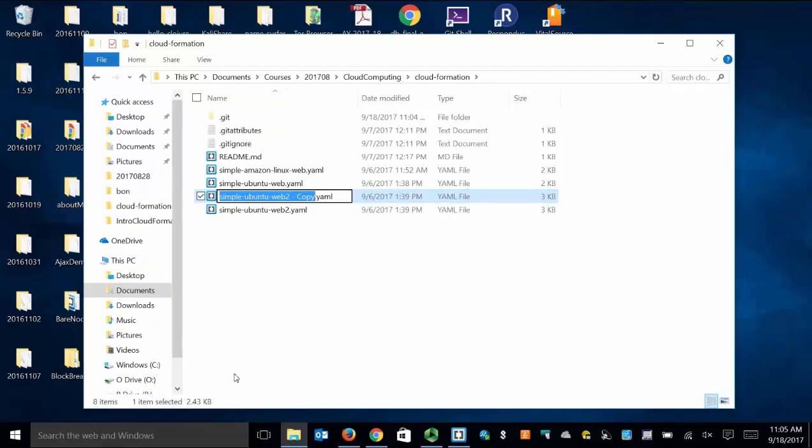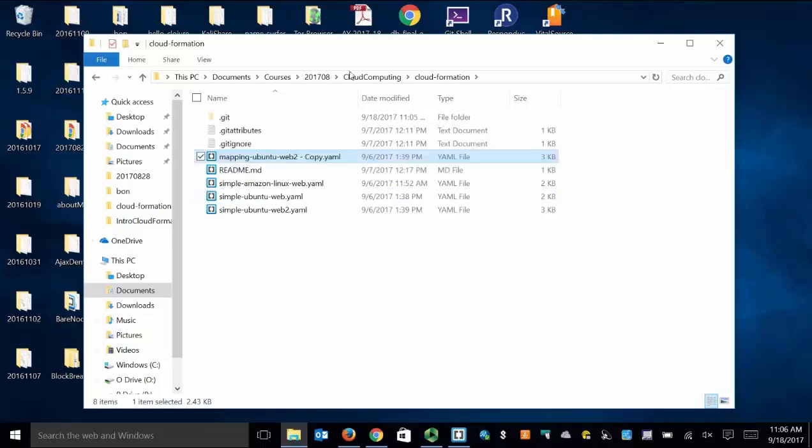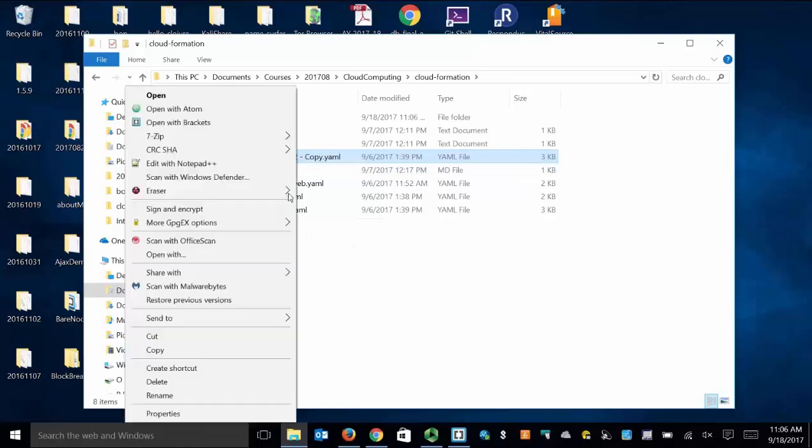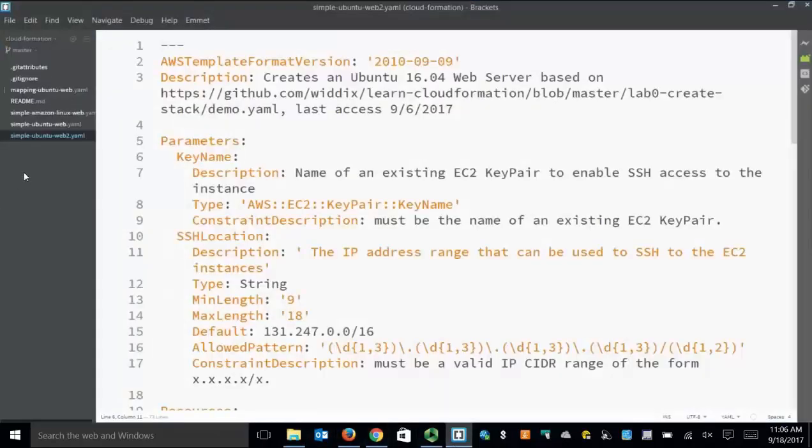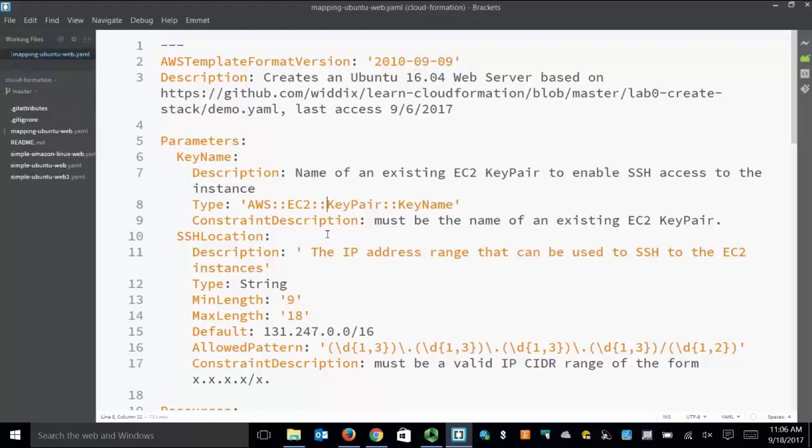So the first thing I want to look at is this idea of mappings. So we'll call this, what am I going to call it? Sorry. Mapping and Ubuntu web. Actually, let's get rid of this other one, like so. Okay,